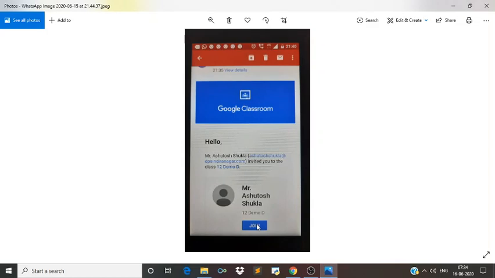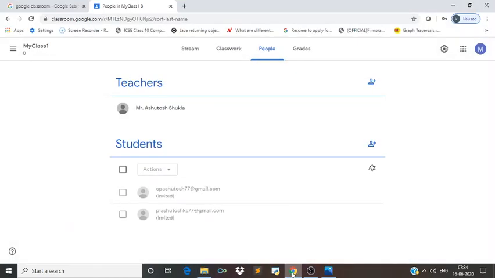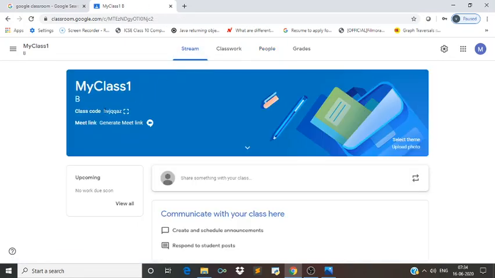So now I am going to close this screen. So here I have added two students. Okay. Now second way is to connect, as I told you, that just by passing this passcode to the students via WhatsApp group, they can join.